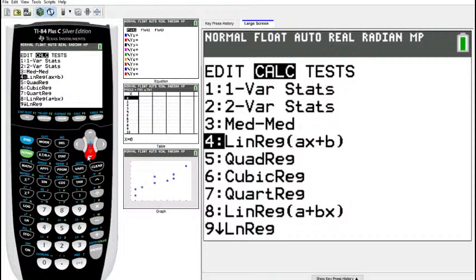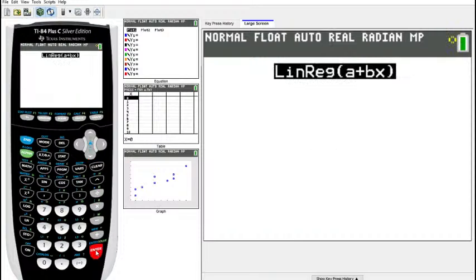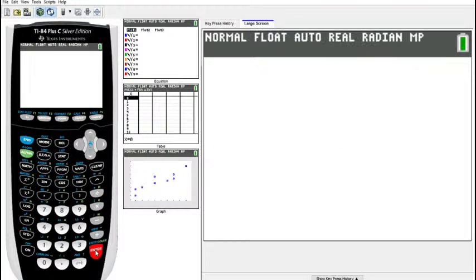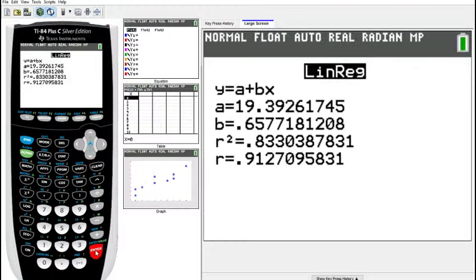Remember that because stats people are different, we like A plus BX. So this is the structure we're going to use. And there it should give you